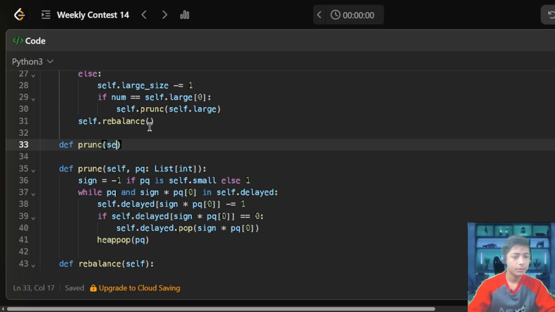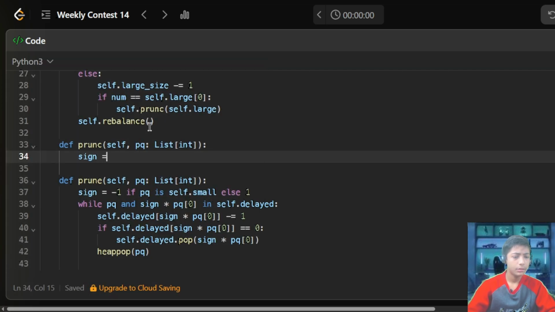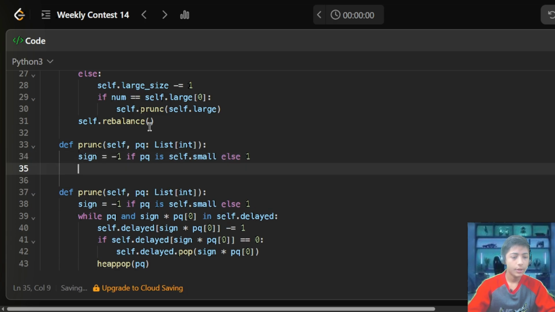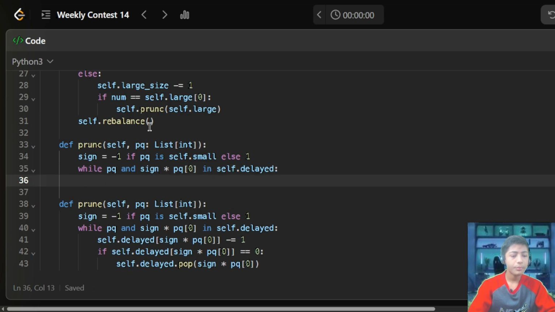def prune(self, pq: list[int]): sign = -1 if pq is self.small else 1. Enter. while pq and sign * pq[0] in self.delete: self.delete[sign * pq[0]] -= 1.